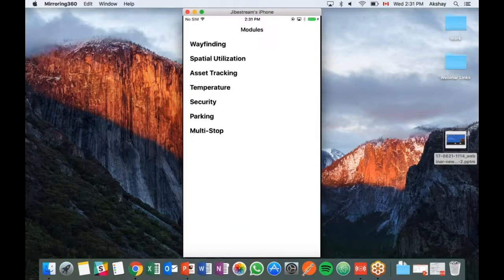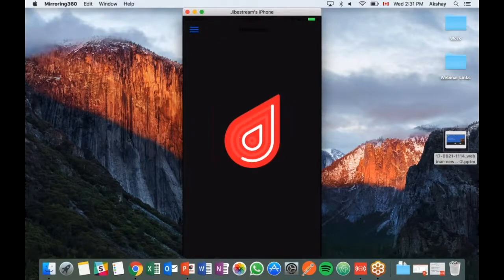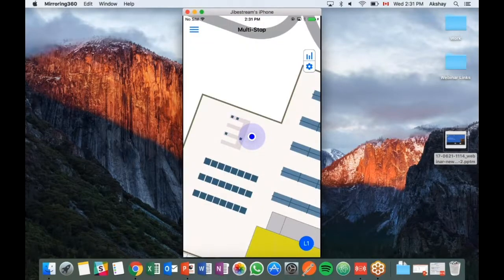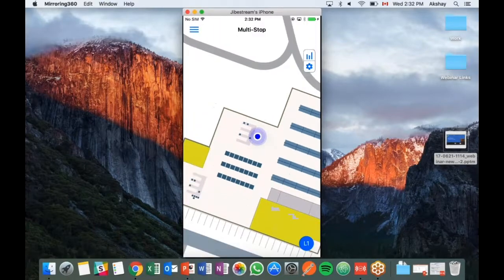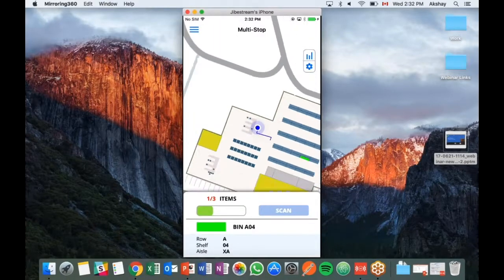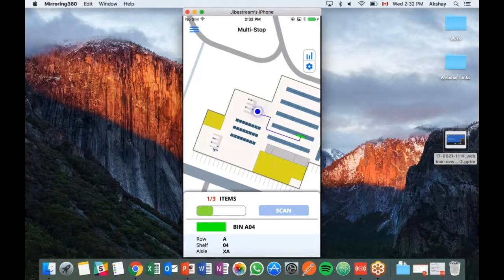The next one I'm going to show you is the multi-stop. We call it multi-stop, but this particular use case is very related to warehousing, and what it does is it allows you to navigate to multiple different stops. And so this particular one would be maybe an integration into a picking software at a warehouse. So I'm going to go ahead and open this up, and it's now going to navigate me to the first